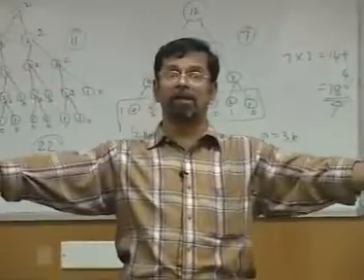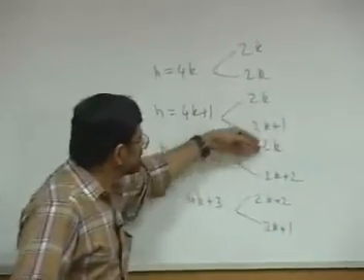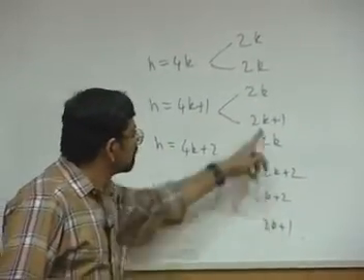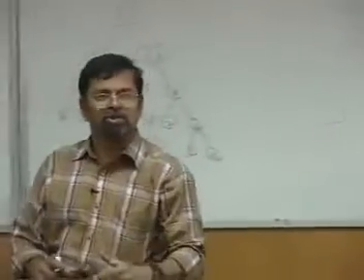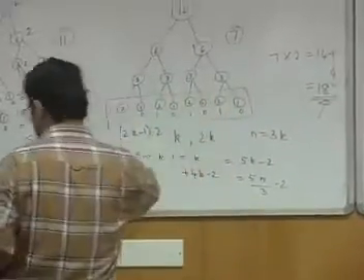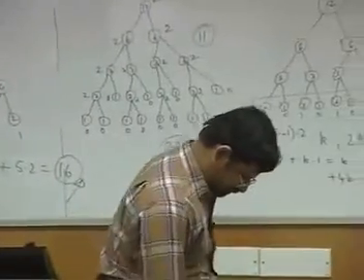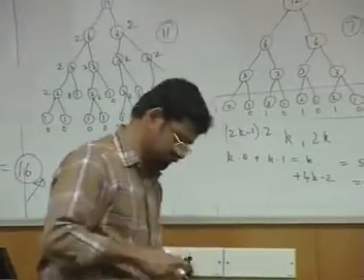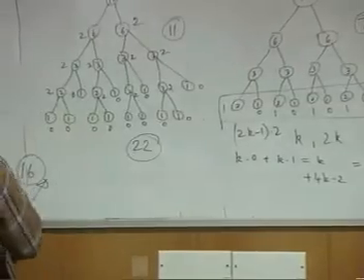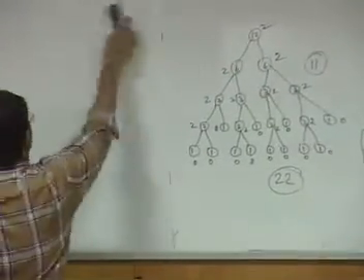Everywhere else you have only even numbers. That is because wherever it is possible we have got only even numbers, and there is only one odd number that carries. So if n is of the form, now I am going to generalize. You can see what, suppose n is 2k.